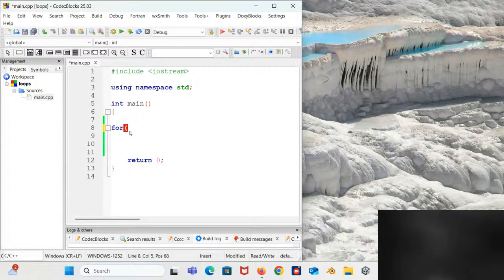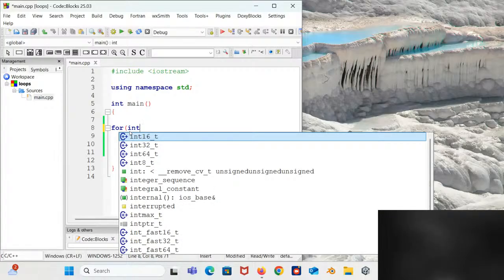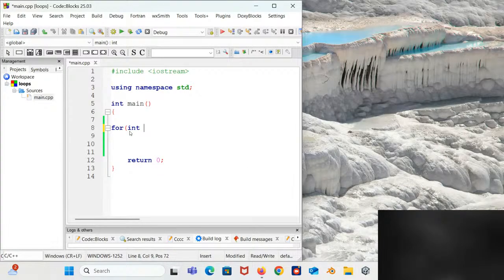In the parenthesis, you're going to have statement 1, which can be a declaration, so int A is equal to 0. Statement 2 mostly holds the condition, so A less than 5. Then statement 3, we can do A plus plus.